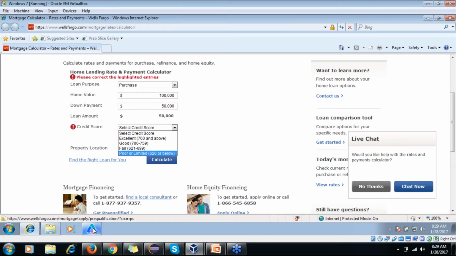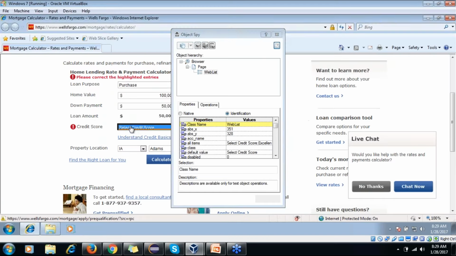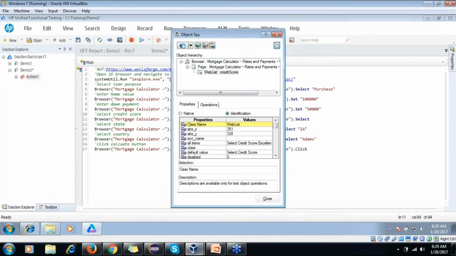And team, if you want to see what options are available, just click here, and here you see one property, drop down list. This property, all items, will have each and every option available in that object. So this will be very helpful, and you also see there will be a count.